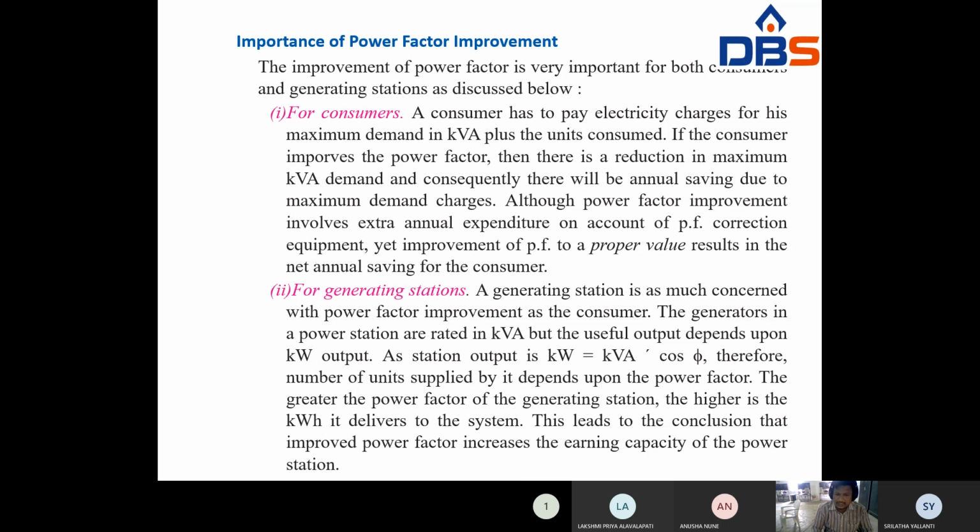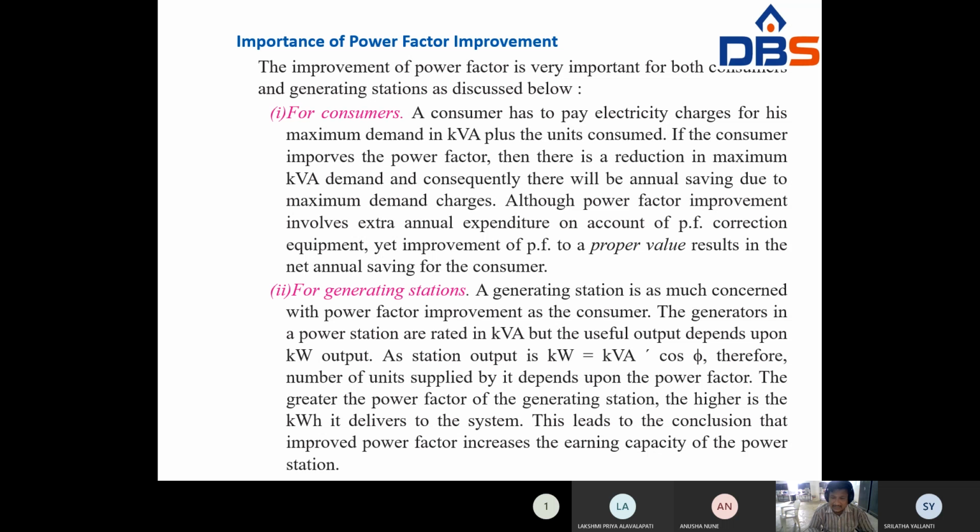Although power factor improvement involves extra annual expenditure on account of power factor correction equipment, improving the power factor to proper values results in a net annual saving. That means for the consumer, whenever we improve the power factor, consumption reduces, such that the cost per unit also reduces. Simply said. So, coming to generating stations,